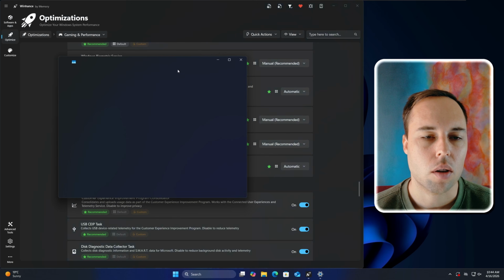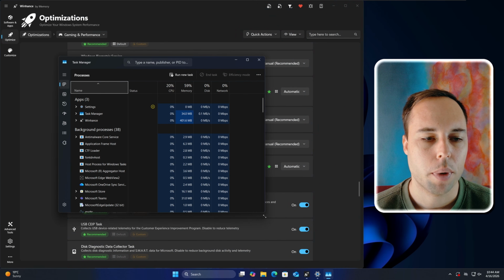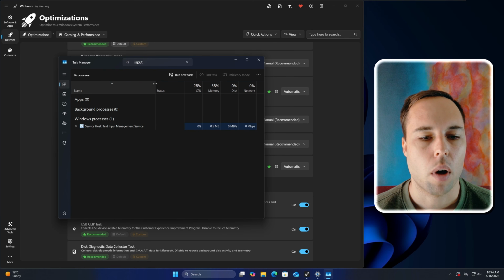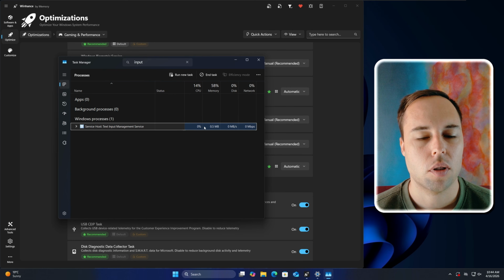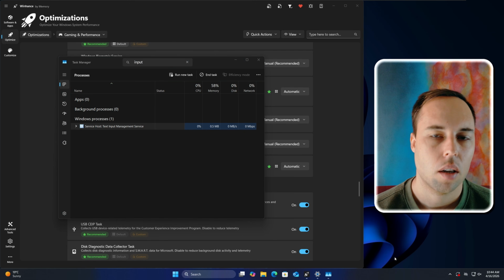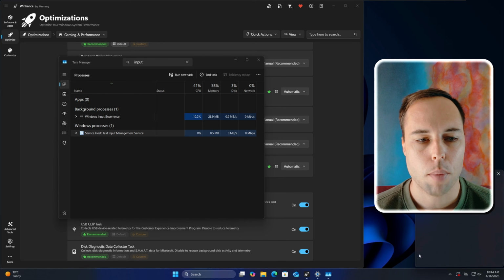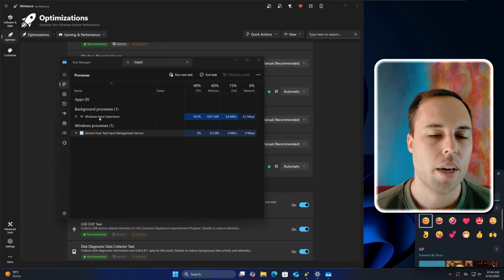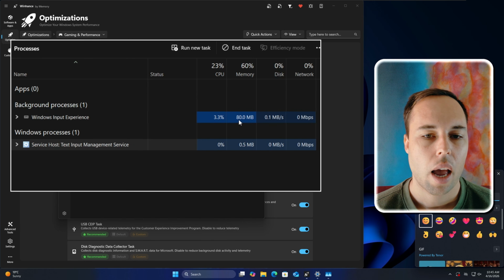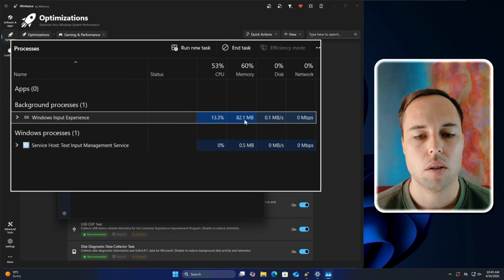So if I open the Task Manager, and this is on a normal Windows 11 desktop, you'll see if I do a search for input, I only get one result called Text Input Management Service, and it's barely using any resources. But if I were to press Windows key and dot on the keyboard, it would open the emoji panel, which opens the Windows input experience. And you can see this is using, at times, 10% of the CPU, or up to 20%, and it's using 80 megs of RAM.